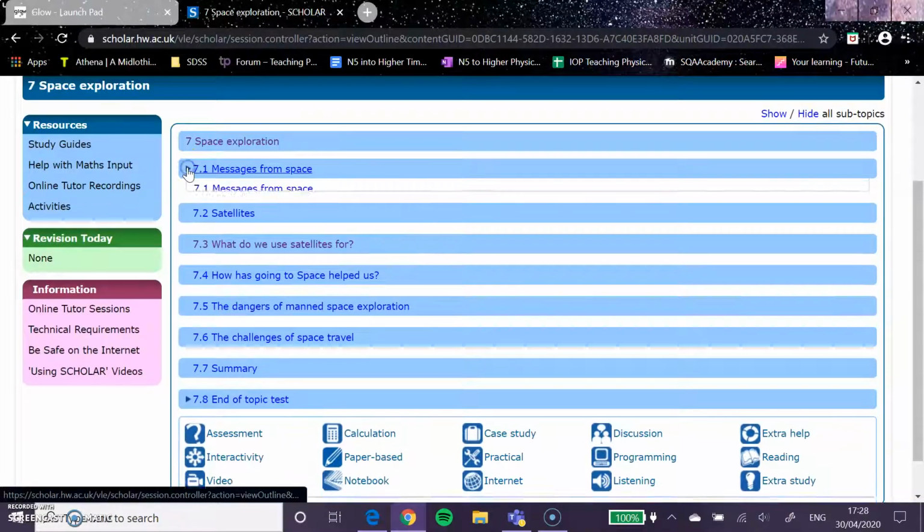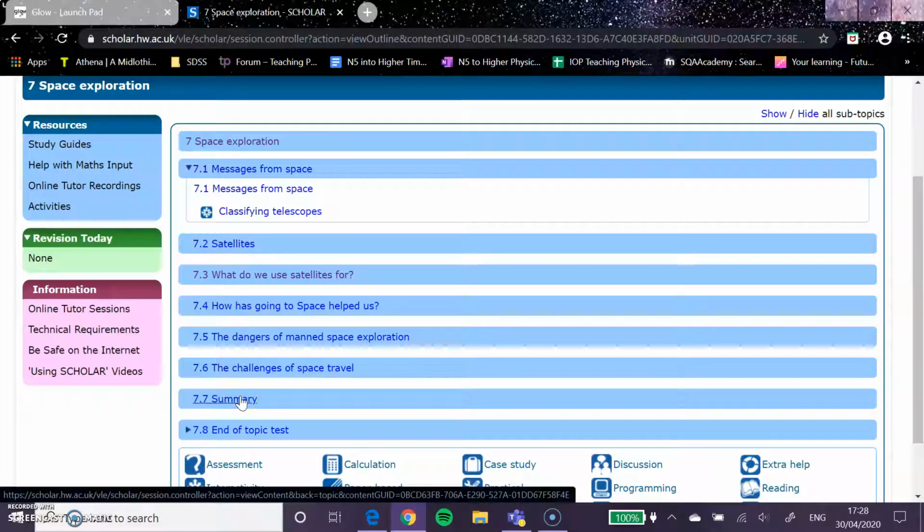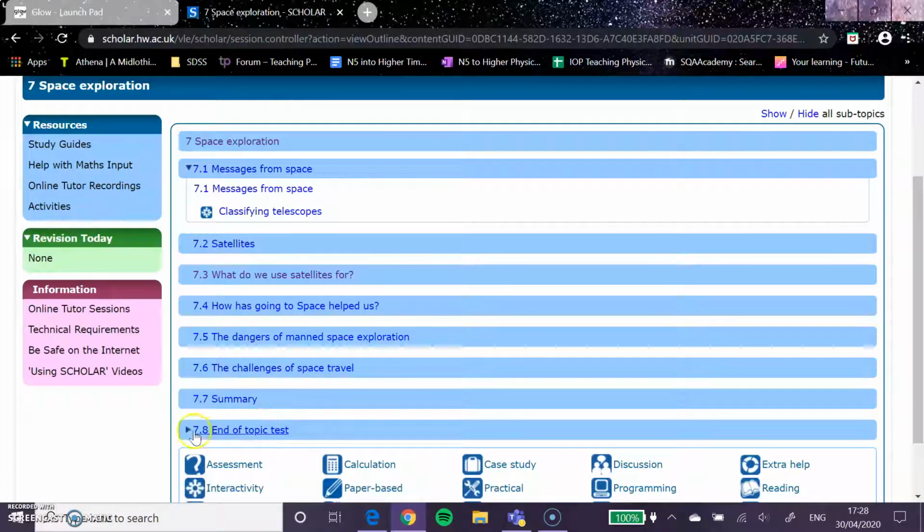Something like this, you can see where there's a little arrow, that means that there's more within that option, so you can look at that. So you can look in the individual sections, or you can work your way through all. The thing that I'm going to be assessing, the thing that I'm going to be looking for, is this end